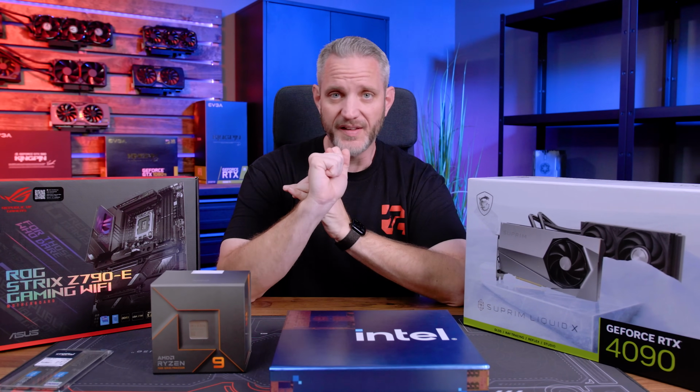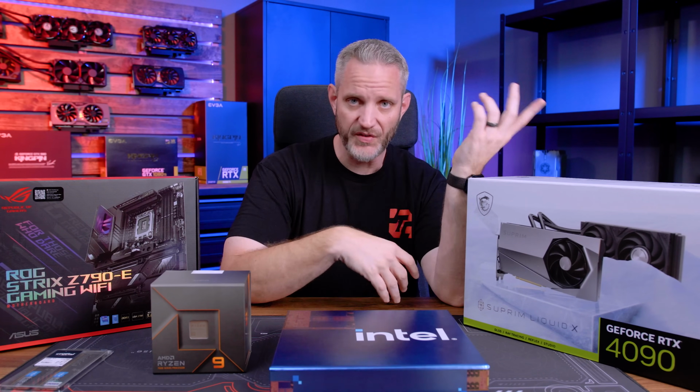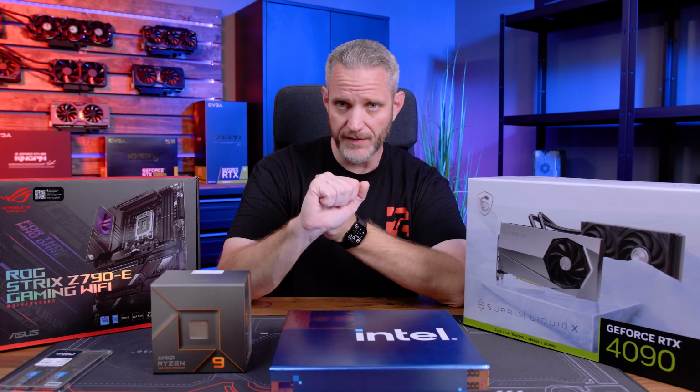older platform components. You can run it on a Z690 motherboard. Now you give up a couple of things when it comes to Z690, specifically in storage speed, direct lanes to the CPU through PCIe Gen 5, DDR5, that sort of stuff. But actually you can get DDR5 on Z690, but you can run it on DDR4 like I've already said, and